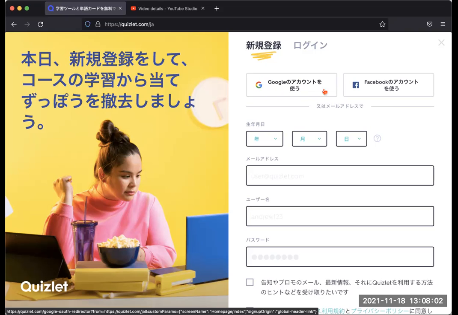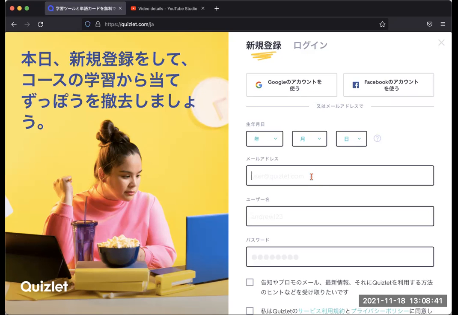Google has a much more secure database than Quizlet. Quizlet has a secure database. Probably you will have no problems with your password or getting your account hacked. But if anything, Google has an even more secure database than Quizlet, and Google can manage all of these accounts for you. So when you sign up to a new service like Quizlet, Google will take care of that. You don't have to remember a lot of different passwords. Google would be the way that I recommend. If you have Facebook, you can do the same thing with Facebook. Personally, I feel that Google is a little bit more trustworthy than Facebook, so I would say Google is better.